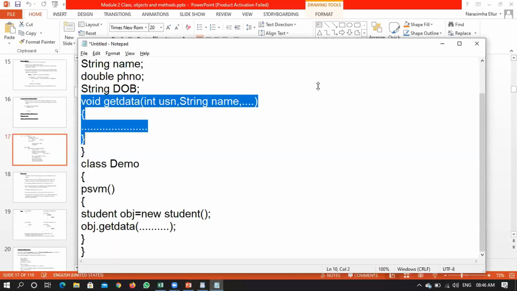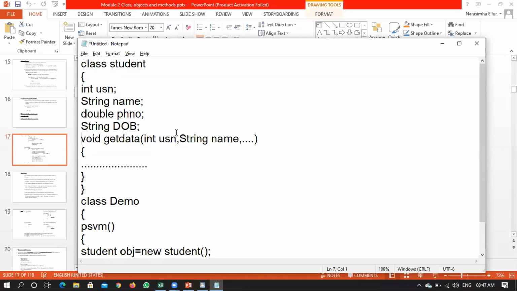Sir, getData is a variable name, right? getData is just a function name, which is a user-defined function name. You can give any name for that, no problem. We don't have any meaning specified. The intention of writing that particular method is just to assign values to instance variables, so I just wrote it as getData. Or, since you are putting values into those instance variables, you can better write it as putData also, no problem. That means putting some information.